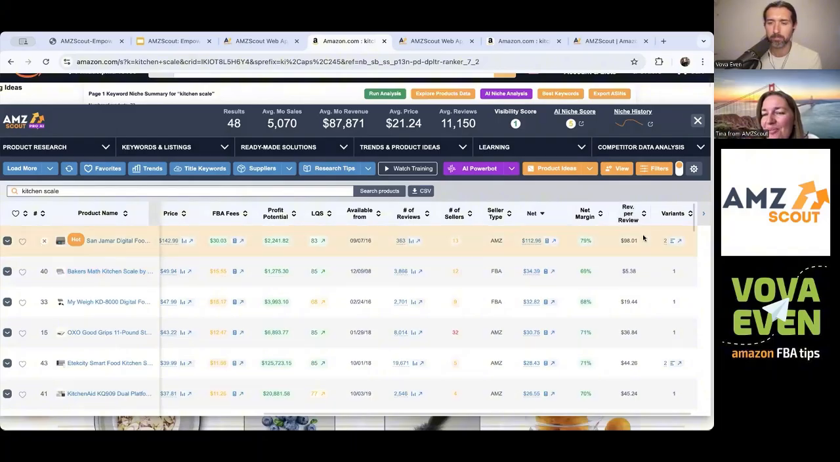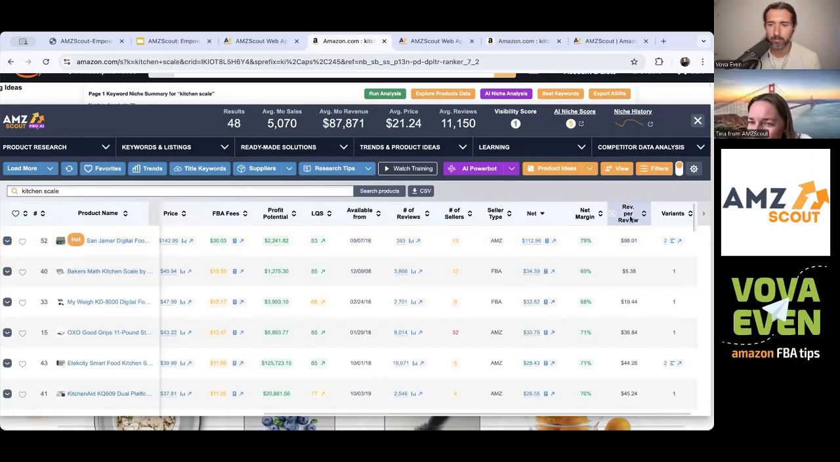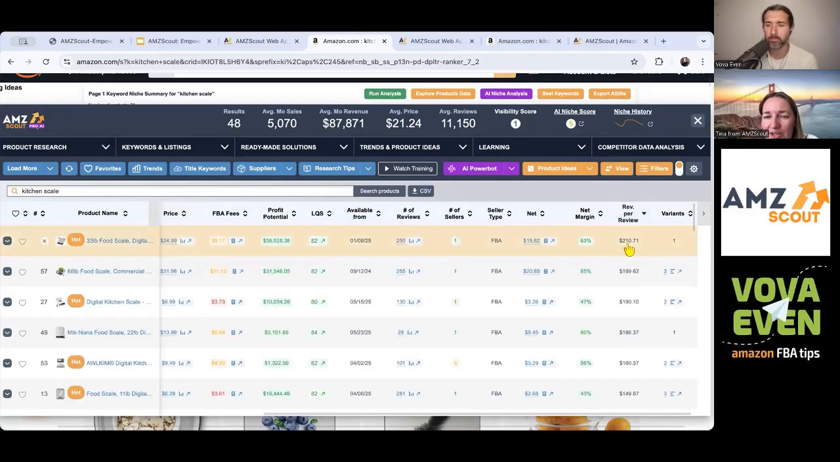Revenue per review column is a column that not a lot of sellers understand and use, but those who believe in that number understand how it works. I think it says that in the tooltip, it just explains. So we divide the revenue by the review count, and we get that number. Let's again sort. And it shows us that for every